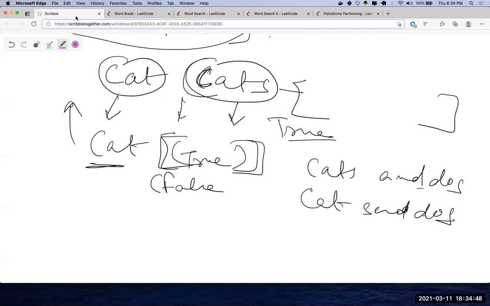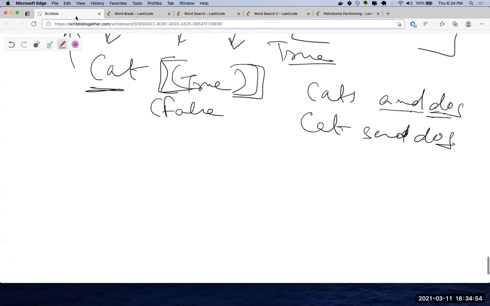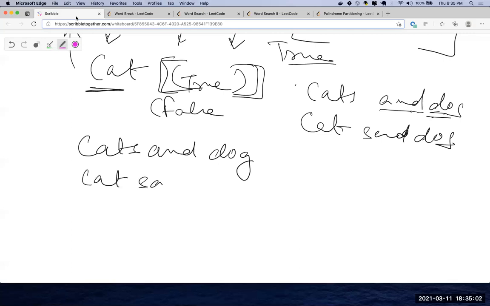Let's imagine there is "and dog" also. How will you generate these two? Cats and dog, cat, sand, dog.